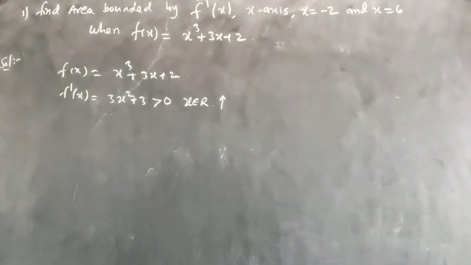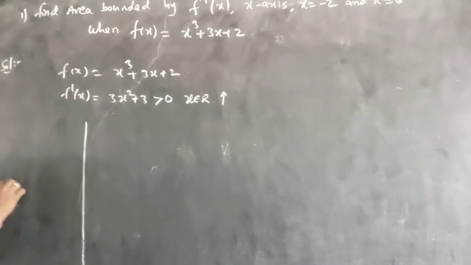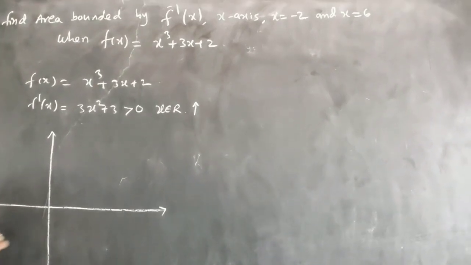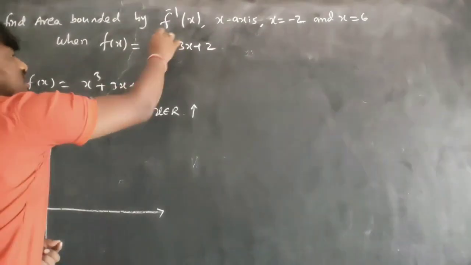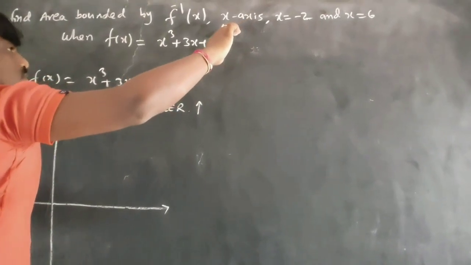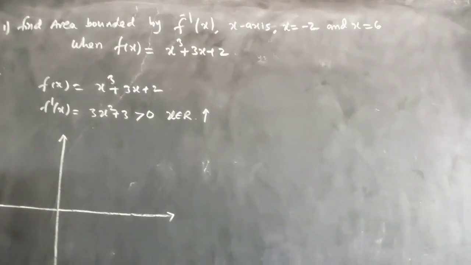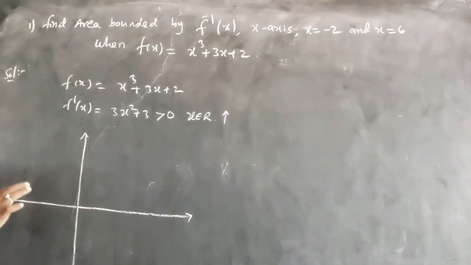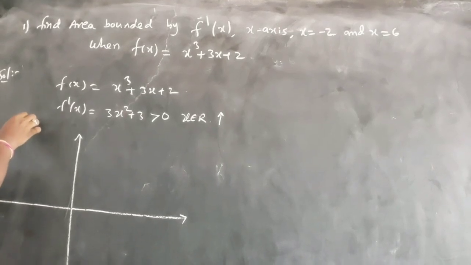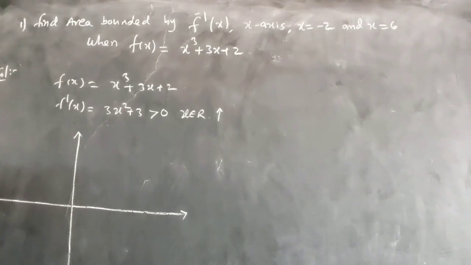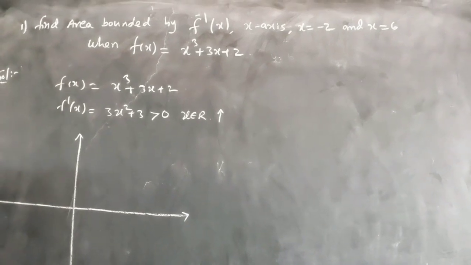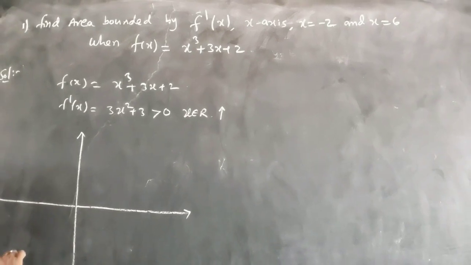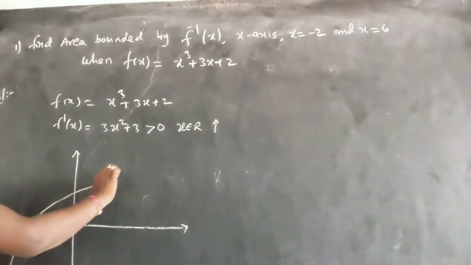If f of x is an increasing function, the graph of this function is an x cube function, right? You know that it comes from minus infinity. See here, an odd function has the range minus infinity to plus infinity. So an increasing function begins from down and goes up. That is the idea. A decreasing function begins from the top and goes down. So f of x will be an increasing function or a decreasing function. It is an increasing function, so it starts from down and goes up like this.